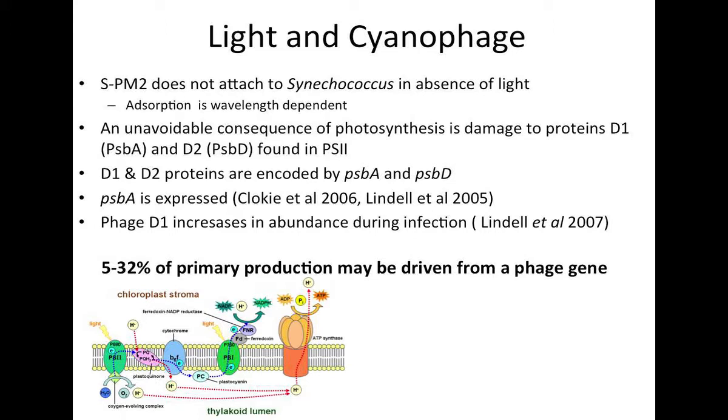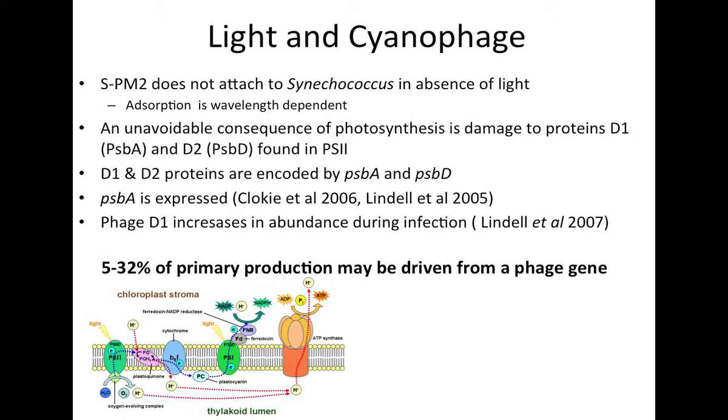One of the problems, one of the things common to all photosynthetic organisms, is that these proteins, D1 and D2, get degraded during photosynthesis, and they have to be constantly turned over. Otherwise you get photoinhibition, and if photoinhibition occurs, you get less energy production. So